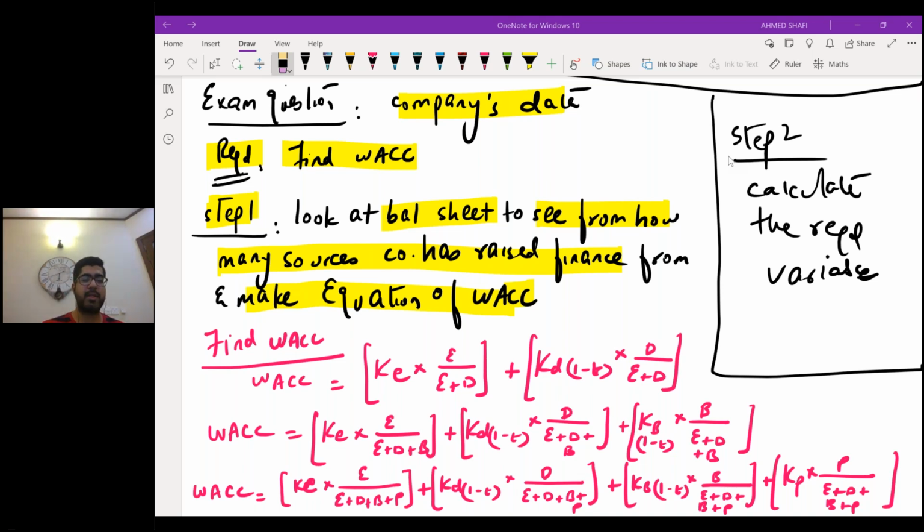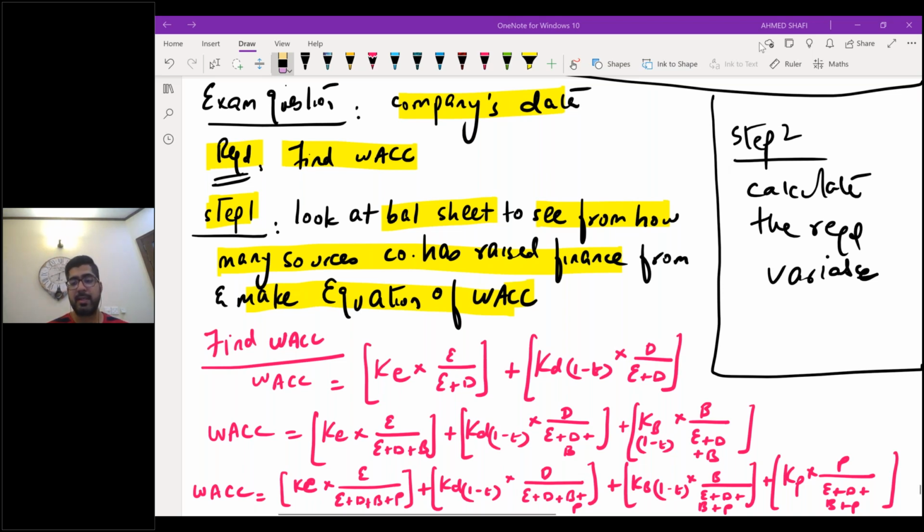So if it has raised finance from two sources, equity and debt, it must pay return to two parties, equity holders and debt holders, and bear two costs, KE, KD, on their proportions, obviously. Okay. If it has raised finance from three sources, equity, debt, bank loan, you have to pay return to three parties and bear three costs: one to equity holders, KE, one to debt holders, KD, and one to the bank, KB, obviously on their respective proportions. And if you have raised finance from four sources, it has to pay return to four parties, bear four costs, KE, KD, KB, KP, all on their respective proportions. Okay. Now, once you have made the equation,